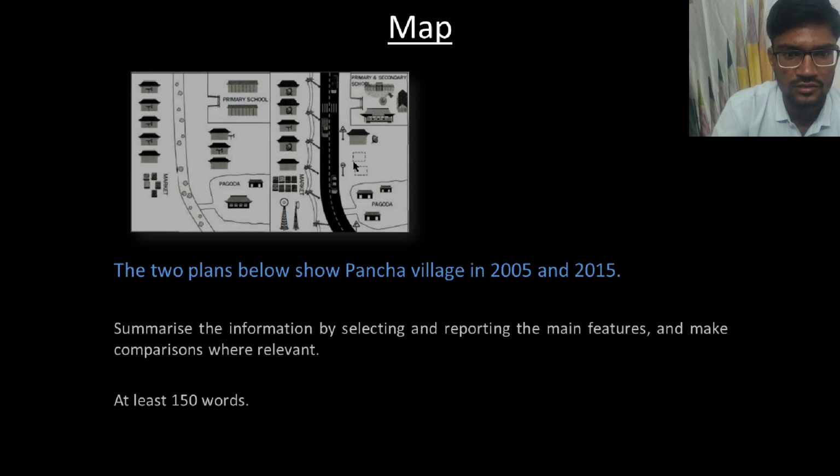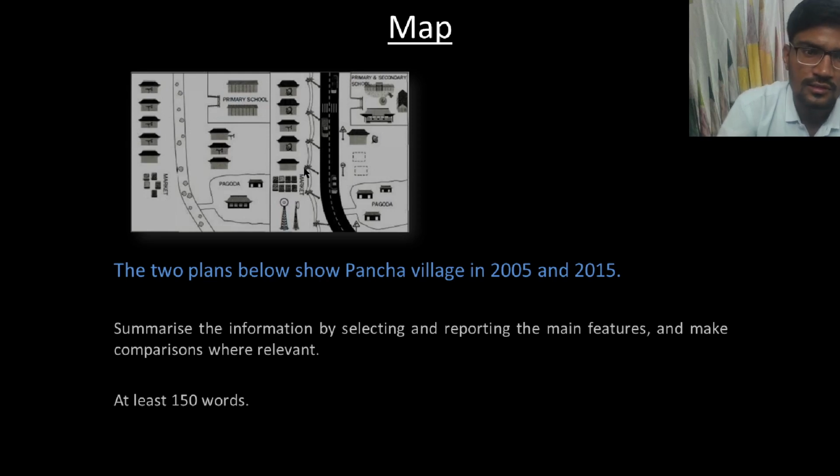And as you see here, two residential complexes which were available in 2004 can be seen in the plan for 2005 were missing, and one had improved better communication. As you can see here, it is a cable connection dish, and there were traditional antennas in 2005. And here in the southeast, there were pagodas, two pagodas, and then in 2005 their number increased, and they were of similar design in 2015.